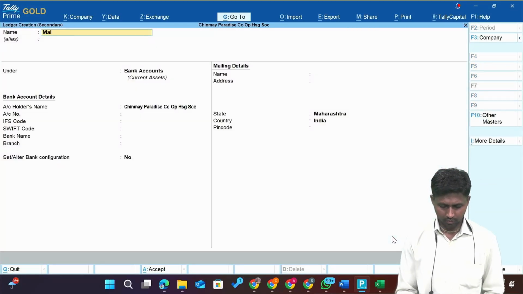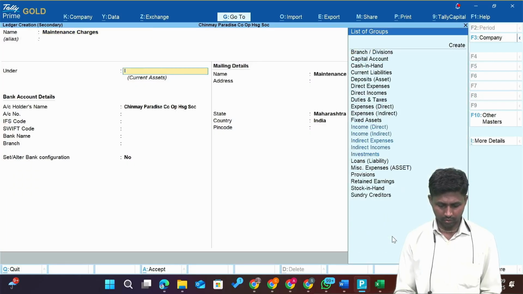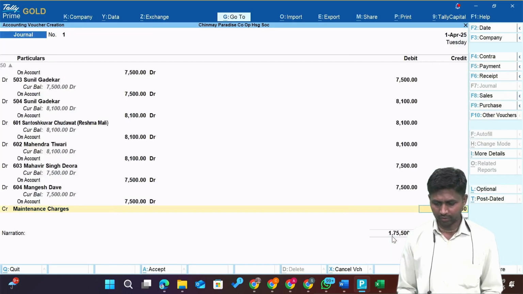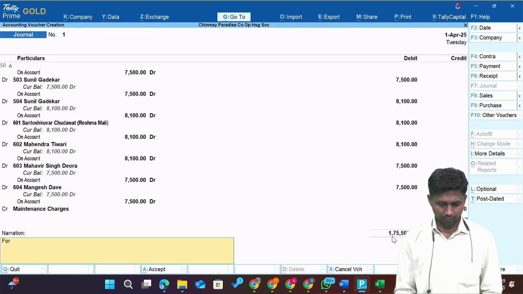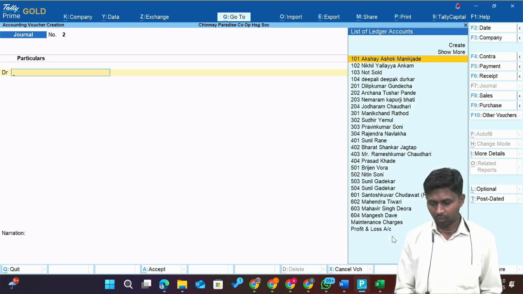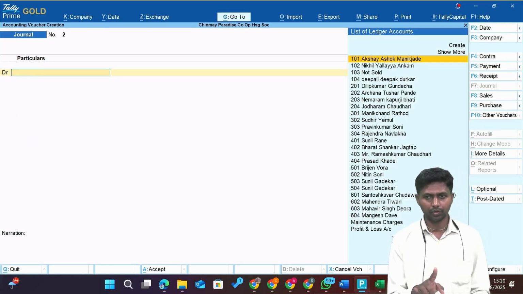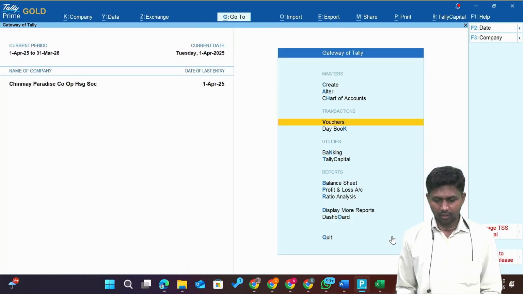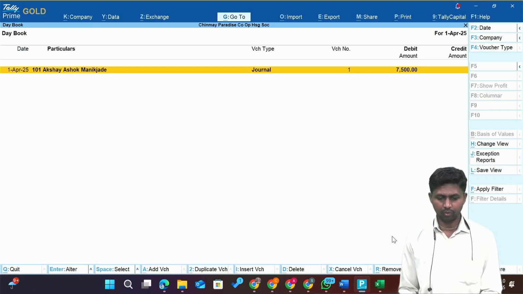Now I'll see maintenance charges under indirect income. Enter, accept it. Enter. For the month of April to, let's say, June, accept it. On 1st April only, the first quarter, on the first day of that quarter. Now again, you can check the daybook. In the daybook, you'll find the first entry of maintenance bill. Now the next entry